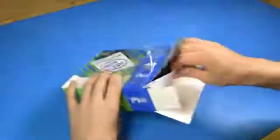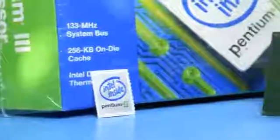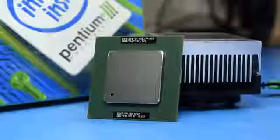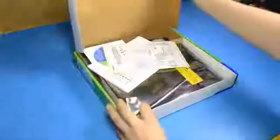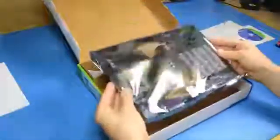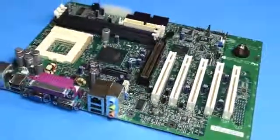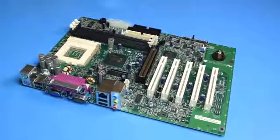This is a 1 GHz Socket 370 Pentium 3. Featuring a Tualatin core, this is the last generation of Pentium 3. And I will be installing it into this motherboard actually made by Intel. Intel boards aren't regarded as a great option when building a computer. They're usually missing features that third-party boards commonly have. But I've always wanted to try one, so I'm going to be using this one in the new computer. Any features it's missing won't affect performance anyway, and this computer is going to blow away the system requirements for